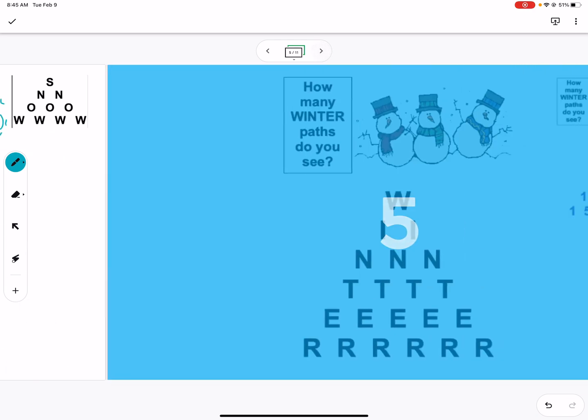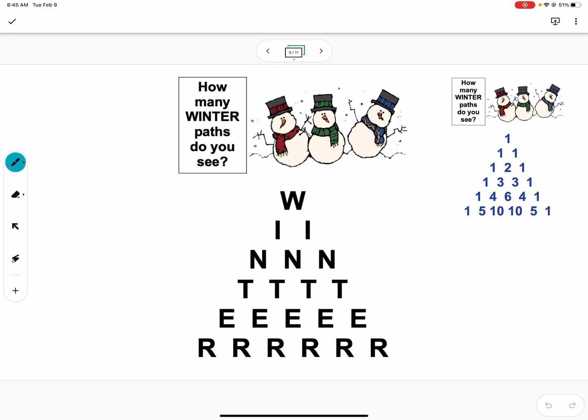Now the second one is more challenging. You can come back to this later because I say that if we look at the bottom numbers and add them all up, 10 plus 10 is 20, plus another 10 is 30. There are 32 ways that you can create winter, starting again from the top. So I'm going to do the easiest way. But now maybe I'm going to go over here. So there's a second way. Or maybe I'm going to go, well, it's going to take a while to try to find all 32. And you have to try and make this neat. So that's your next assignment.